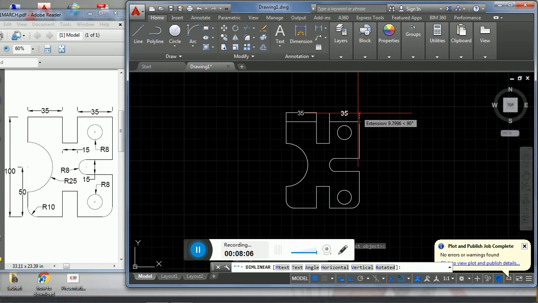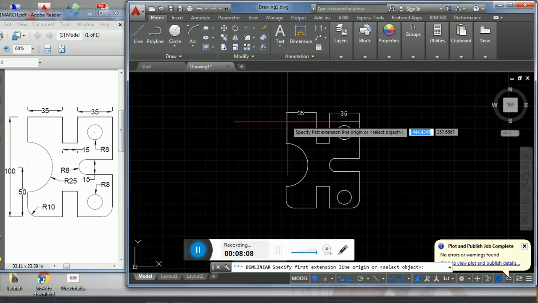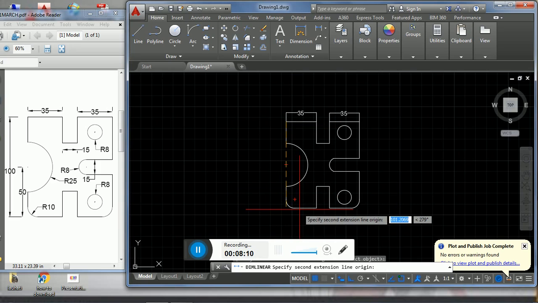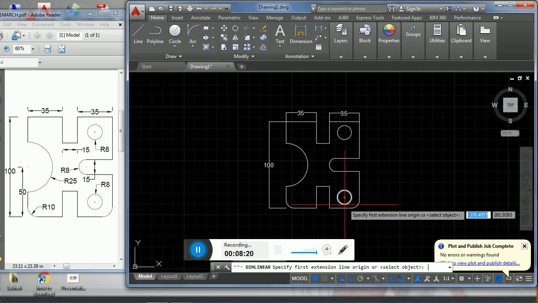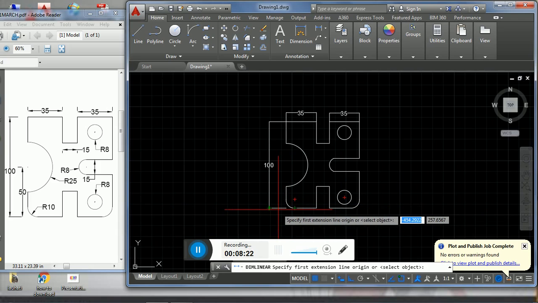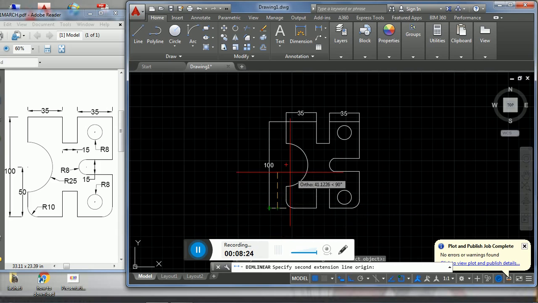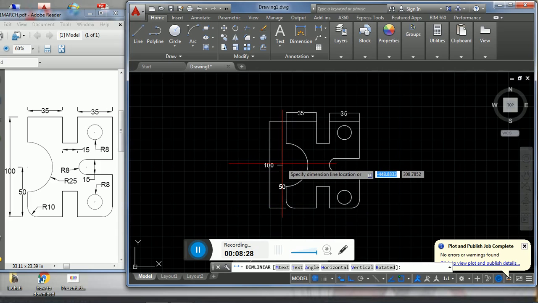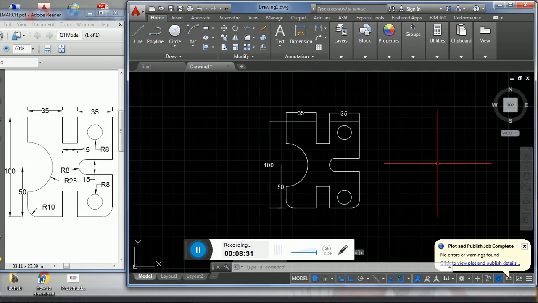Therefore, targeting the projection of the bottom, 100, 50, and after that the radius, give the middle radius,